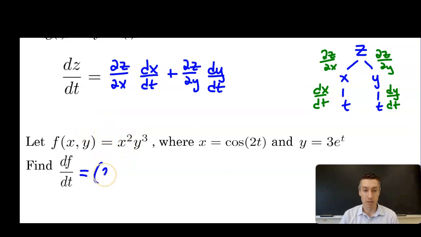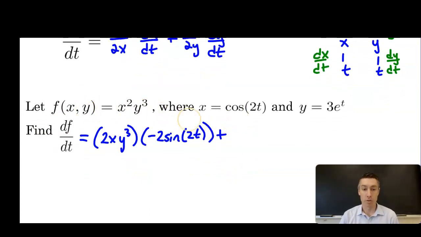So instead of the partial of z with respect to x, we're taking the partial of f with respect to x. So that's going to be 2x y to the third, and then times the derivative of x with respect to t. So that's going to be negative 2 sine of 2t. And then plus